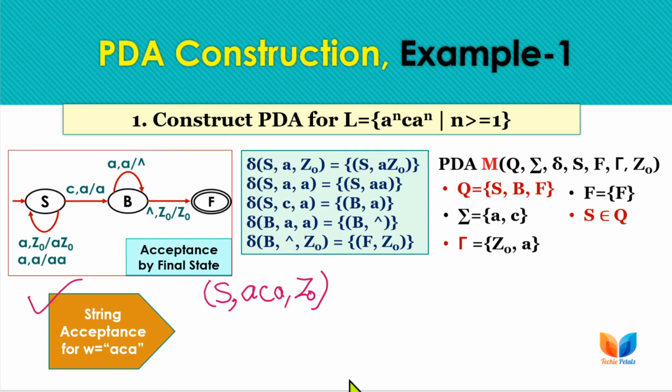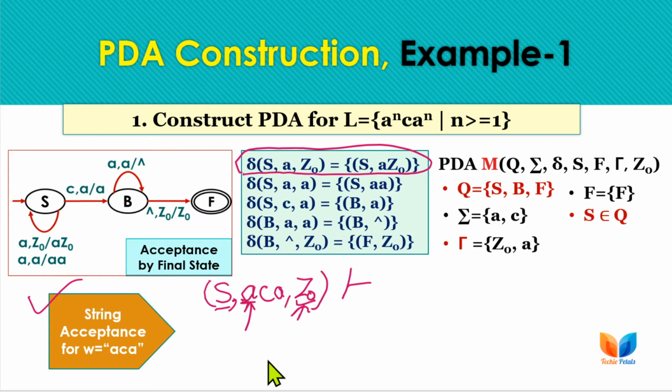This is describing a state of the machine, so we are calling it an instant of the machine, or instantaneous description. Now moving to the next instance, we have this, meaning from S for input symbol A, and if the stack top is Z0, this is forming this combination. So we have to make this transition now, as input is A that we are considering here, the stack top